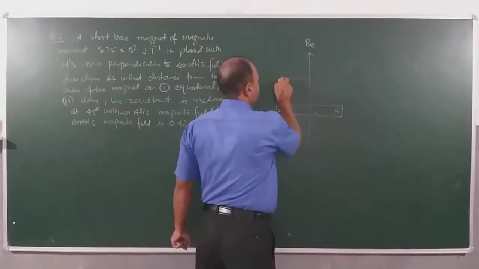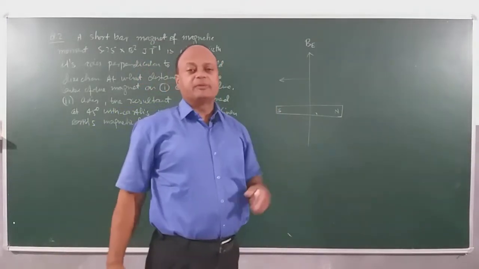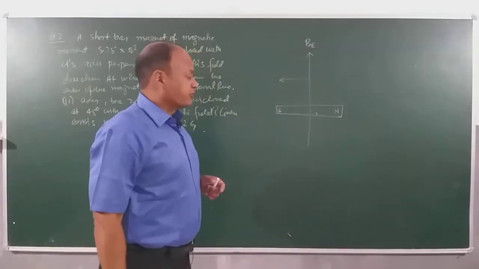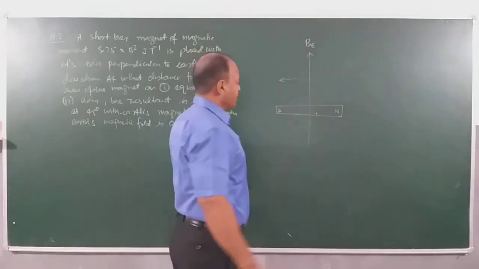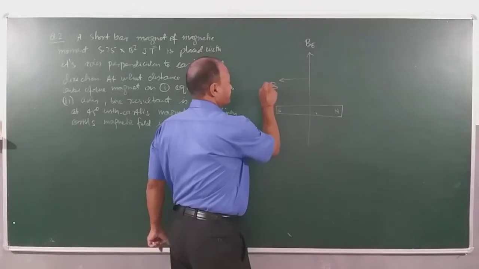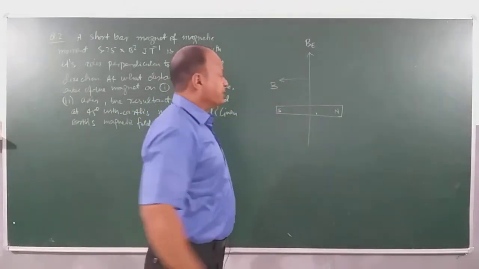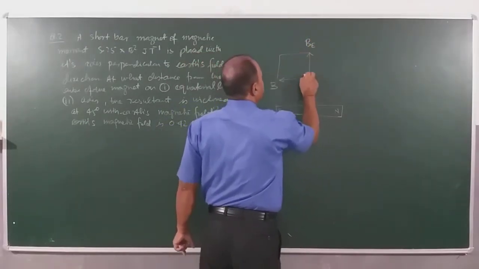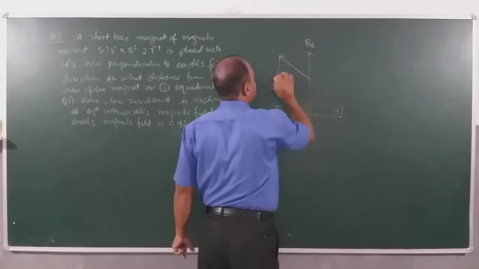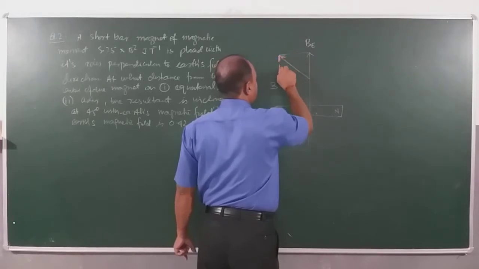And they want you to find the point, case 1, on the equatorial line at which the resultant magnetic field is inclined at the given angle. Resultant magnetic field means Earth's magnetic field is already there, and this magnet will also produce its magnetic field. At a point on the perpendicular bisector, we know magnetic field is something like this. We have already done the derivation of magnetic field of a bar magnet at a point on the perpendicular bisector or equatorial line, right? So this is magnetic field due to the magnet. Now these two fields will superimpose and they will produce a net magnetic field. It will be something like this. This will be the net magnetic field, and this is what I need to calculate.